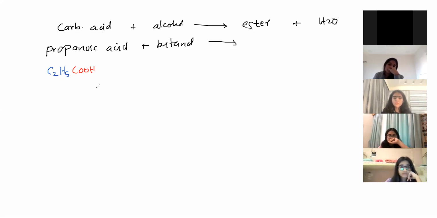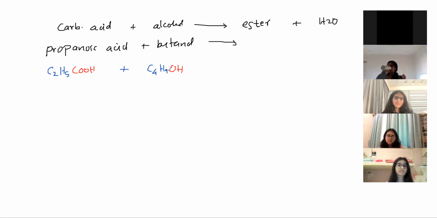Okay, this reaction won't produce ester, so only carboxylic acid plus alcohol gives ester. Ester, like Easter is the festival. Yes. Okay. Plus butanol. So for butanol should I take C3H7, 1 carbon less, and OH? No, no. For alcohol I should take C4H9OH, because the functional group does not have any carbon. So all the carbons according to the name should be in the alkyl group only. So C4H9.